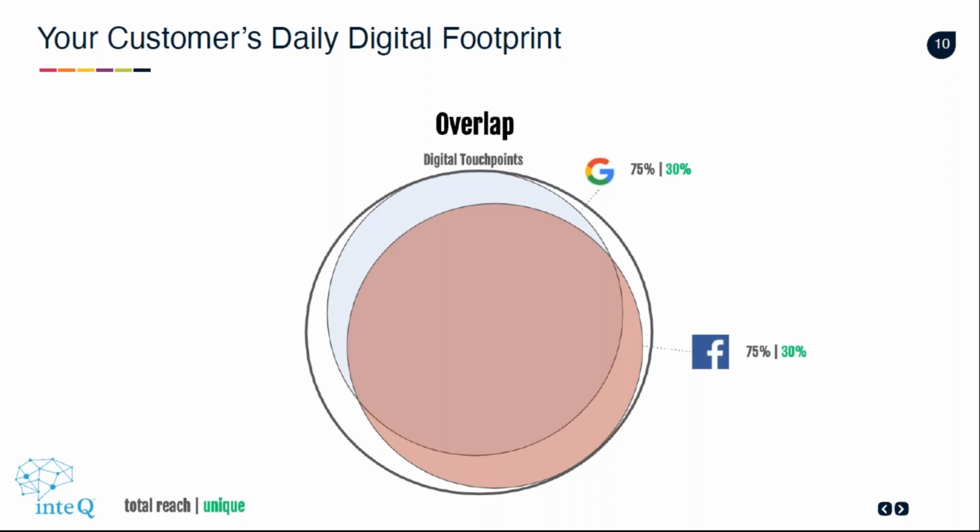So while you increase your overall reach, you introduce the opportunity to have overlapping marketing efforts from these platforms without strategic planning. Also, while a great majority of the customers can be reached through two large networks like Google and Facebook, there are still parts of the digital journey that are not available and fall through the cracks. So in reality,